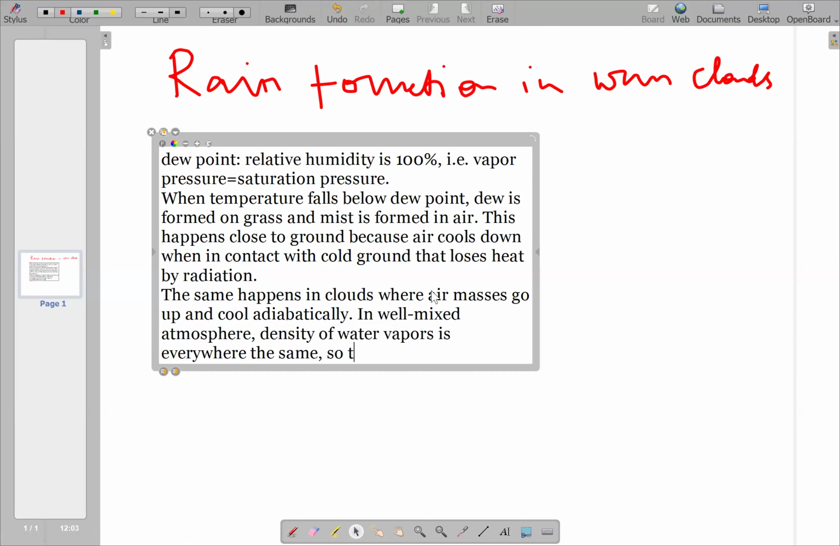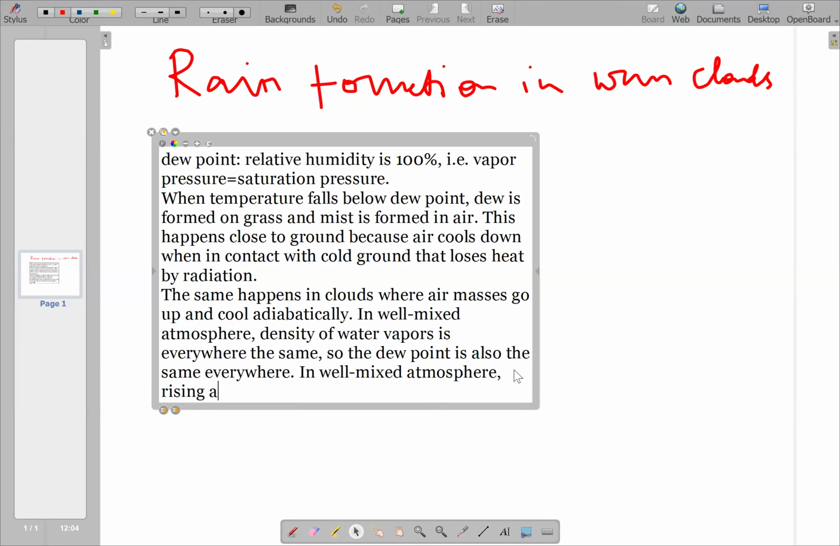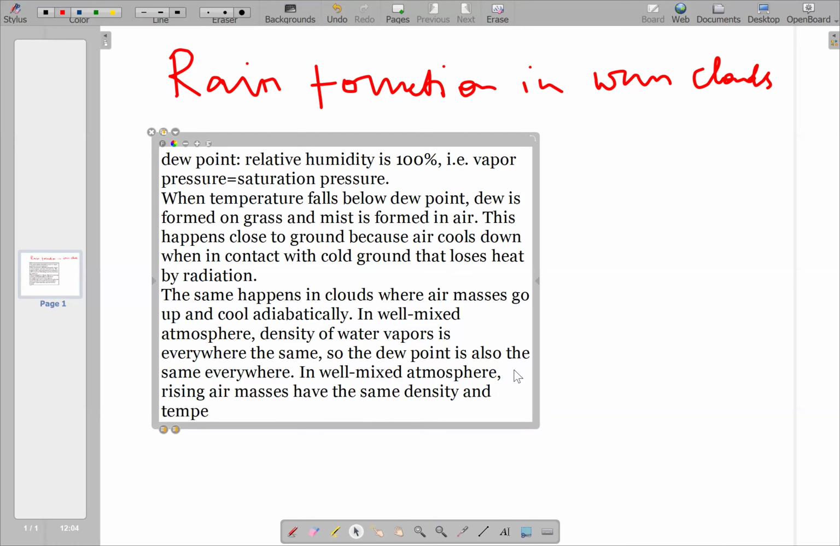So the dew point is always also the same everywhere. Also the same everywhere. And now, in a well-mixed atmosphere, rising air masses have the same density and temperature as the surroundings. And hence, well, first in the atmosphere, let us start actually from saying that the pressure